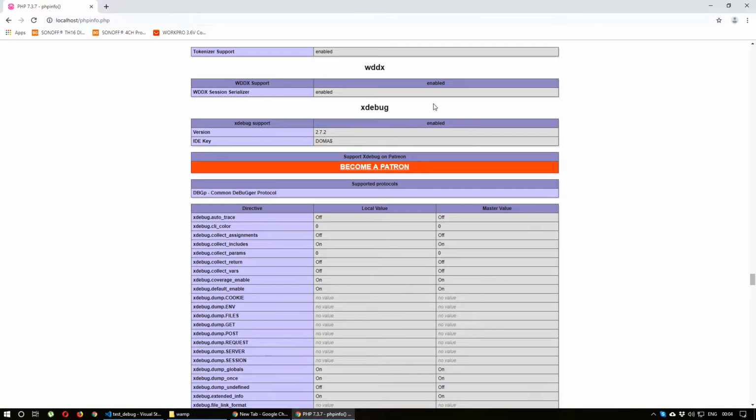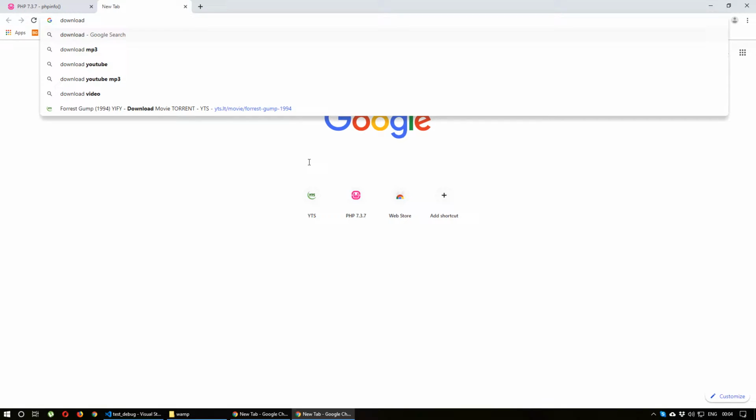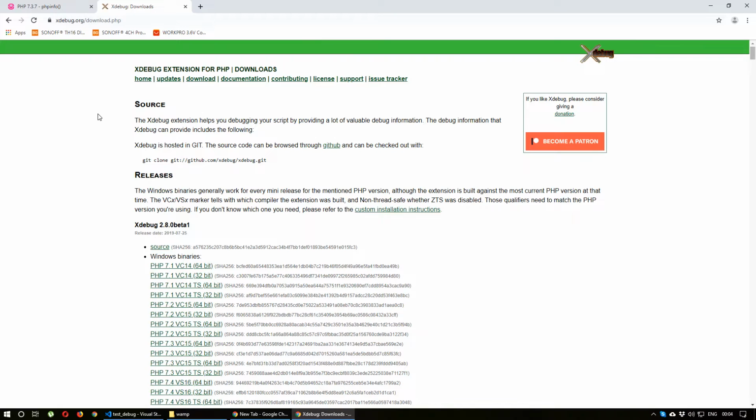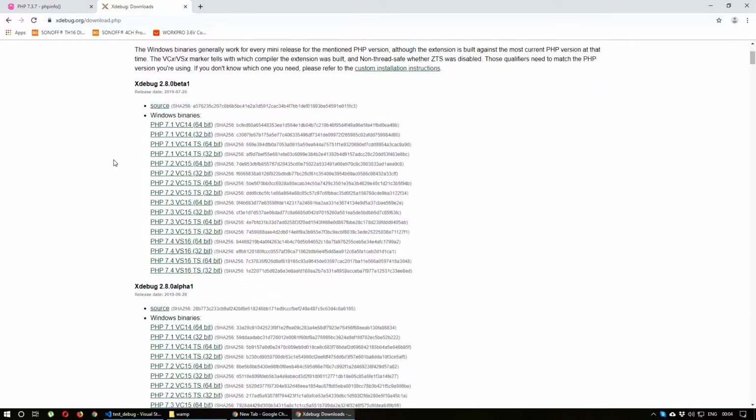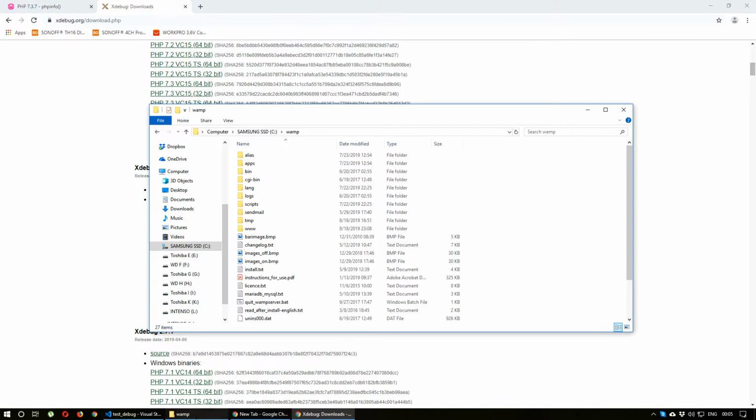If you don't have that, you would need to just search on Google and download Xdebug. I'll also add this link in the description below. My recommendation is to use not a beta version, not an alpha version, but a stable version, so 2.7.2. This is the same one I have. Choose the one you need for your version of PHP. Most likely it would be a 64-bit version. You download it, and then you go to your